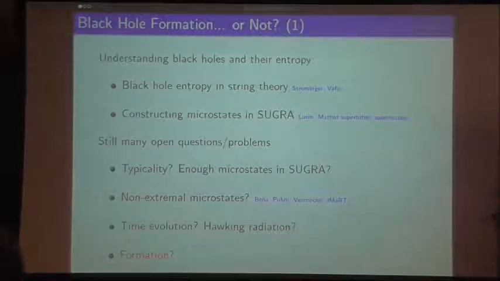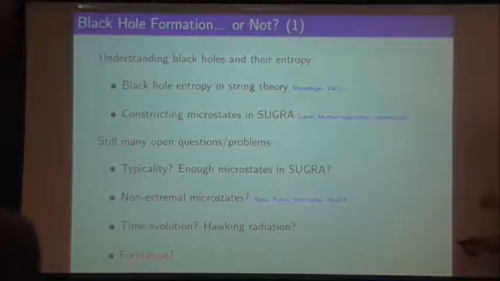So for microstates of non-extremal black holes, one way you can go is to try to construct non-extremal smooth solutions in supergravity. This is very difficult. The prototype example is the JMART solution. Typically, these solutions have some kind of problem. You don't have to be familiar with it, I'm not going to use it, but it's overspinning, so it doesn't really correspond to any physical black hole that you would expect.